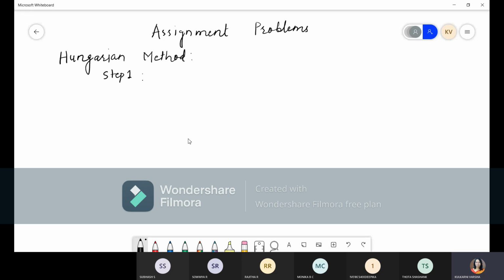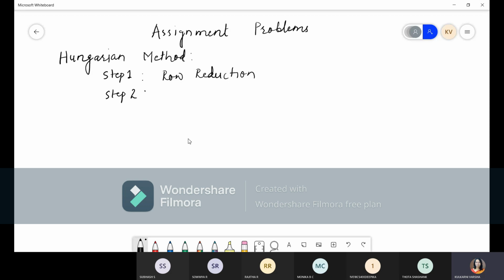Step one is row reduction. And what do you mean by row reduction? You have to write down in this row reduction: select the minimum element of each row and subtract that minimum element from other elements of the same row. That is row reduction. What is step 2?